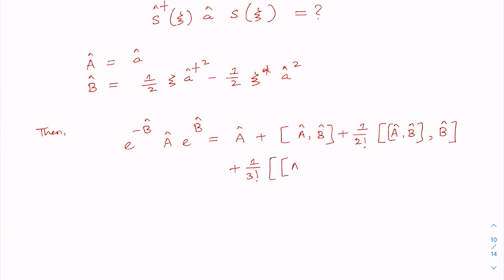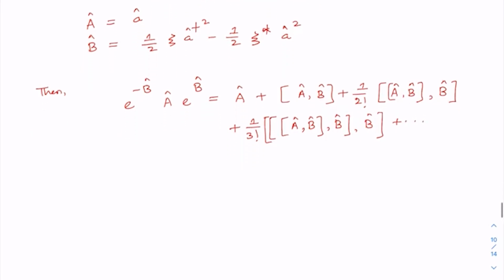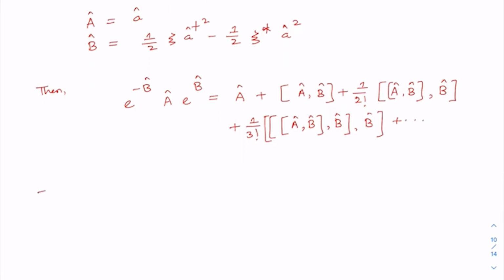[[[A,B],B],B] and so on, like this. Let us evaluate term by term. First of all, if I evaluate [A,B],